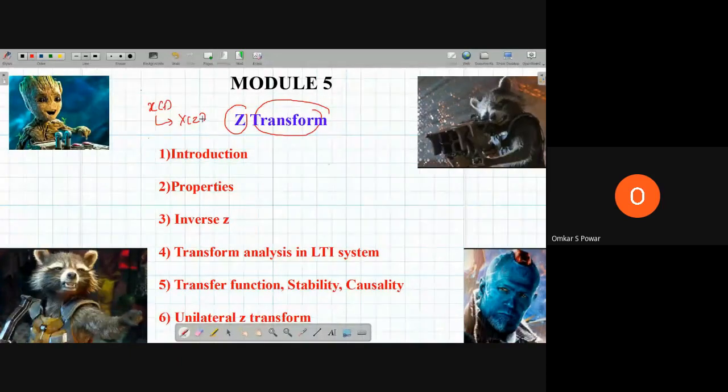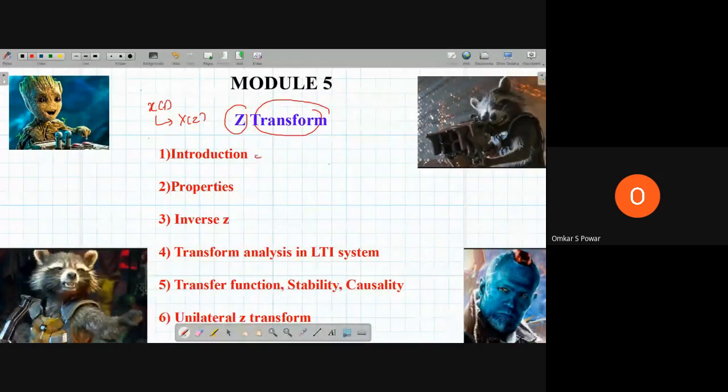Convolution, I have shown you practically how it is used as a filter. When coming to the Fourier transform, I have told you why we need to convert to the frequency domain, and with the help of images I have shown you. Now this Z transform, I am going to explain from the application point of view first, and then begin with the traditional method which others follow. Before that, let us see what contents you are going to learn in this particular module.